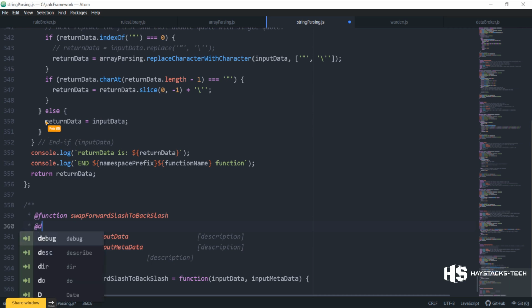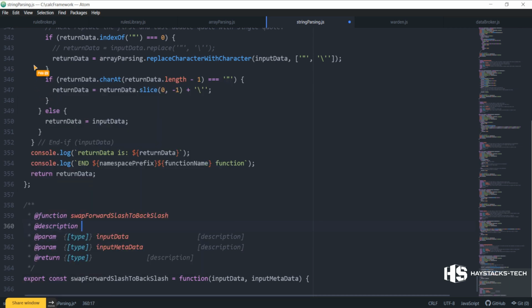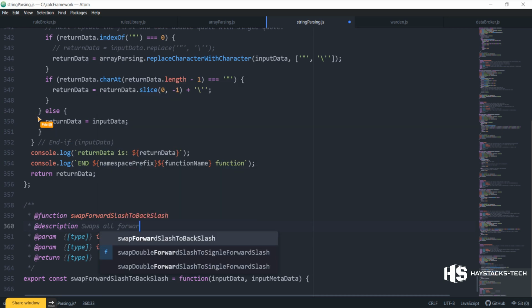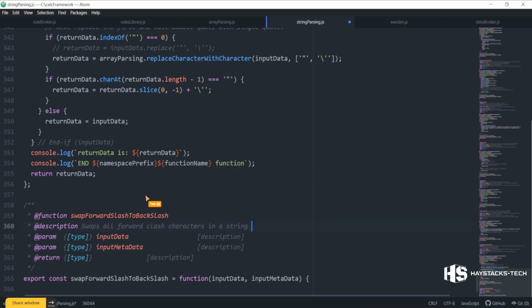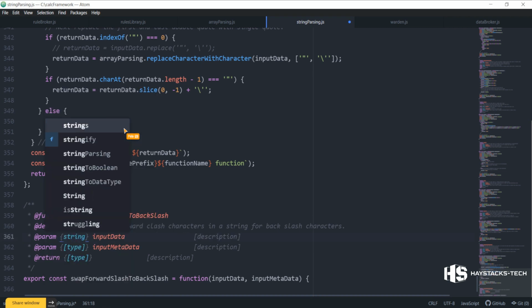That function swap forward slash, and the description: swaps all forward slash characters in a string for backslash characters. Okay. And all string,